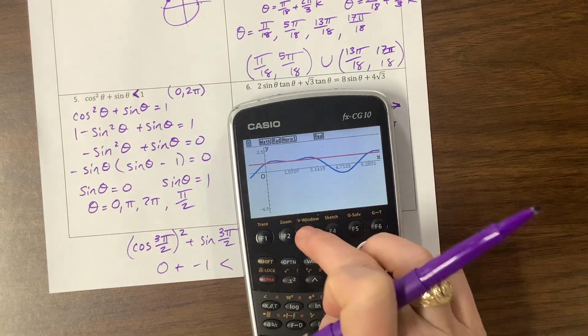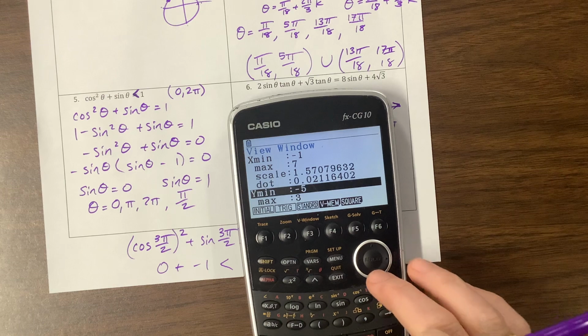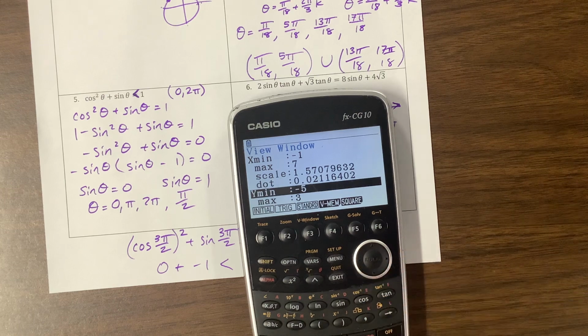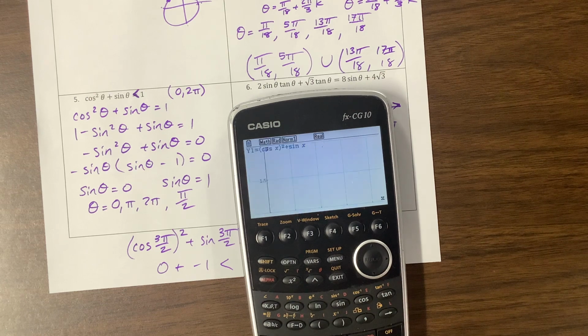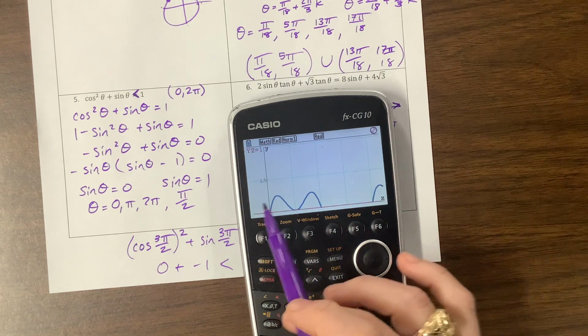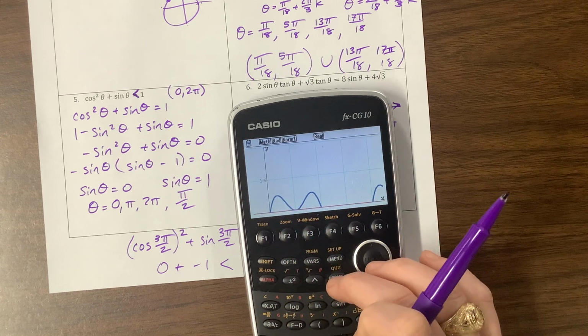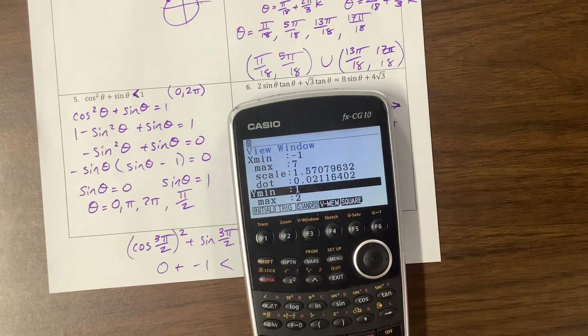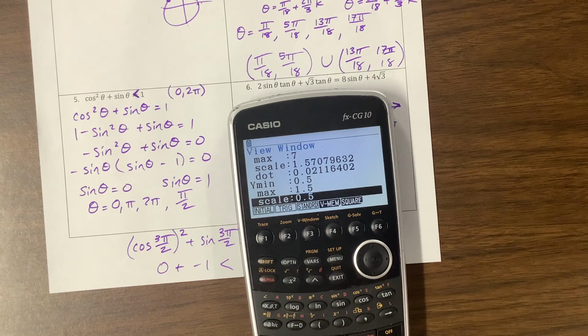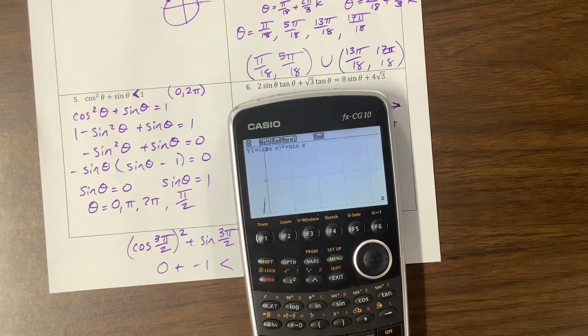You know what? I'm going to change my window again. My y values, I want them to be more like 1 to 2. Let's see if that's reasonable. No, I needed to be below 1. Here's 1. That was silly. I knew better. Okay, let's go back to window. I want it to go from 0.5 to 1.5. That's what I really care about. My bad. Okay, so when I graph that,